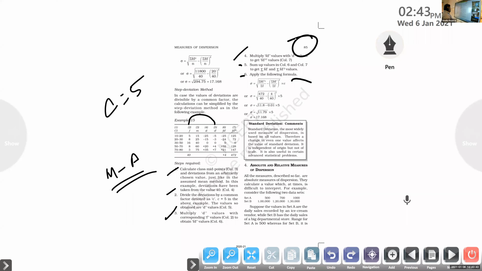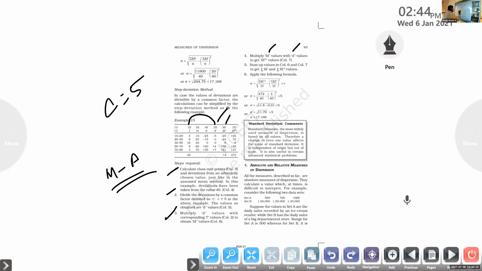So we got those values also. Is that idea clear or not? So remember here, multiply FD dash values with the D dash values to get FD dash square. Clear? Remember, not just FD square. To get the FD dash square, we want to multiply FD dash values, that is minus 25, with the D dash values. So here it is the D dash value. So minus 5 into minus 25. Clear or not?